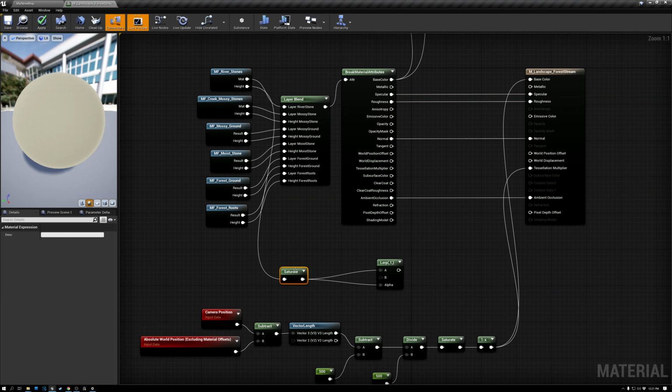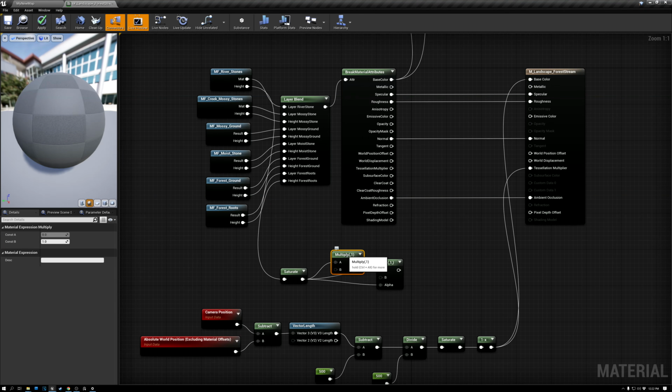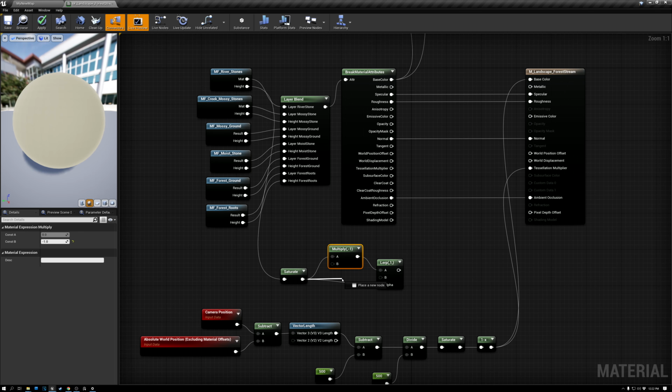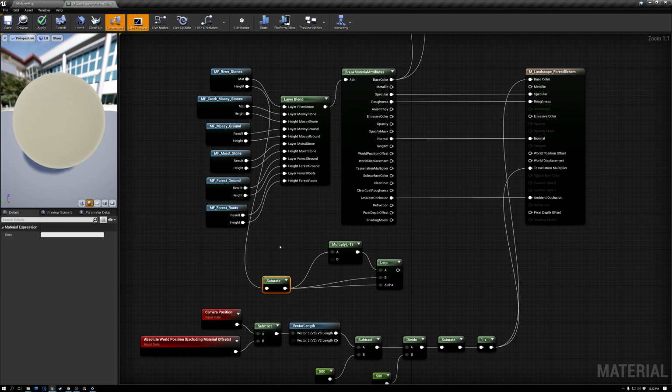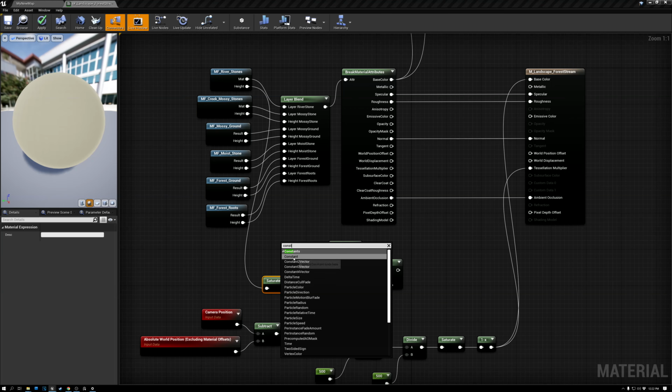Now, where the value is lower than 0.5, we want to make our height negative. So I'm going to multiply our height value here by -1, which will make it a negative value, and I'm going to plug that into the A of my lerp. And then I'm going to plug the regular height value into the B of the lerp. Actually, I'm completely mistaken. I actually need a multiplier, so for now I'm just going to add a constant, and